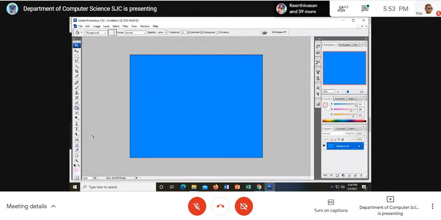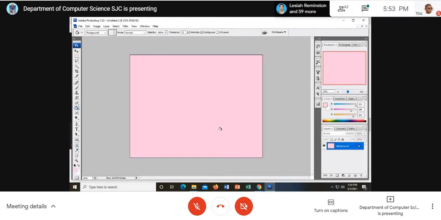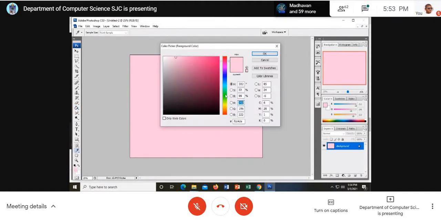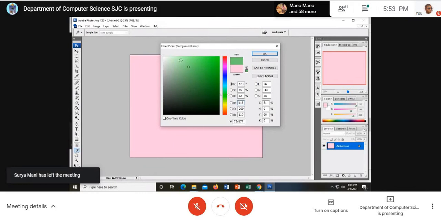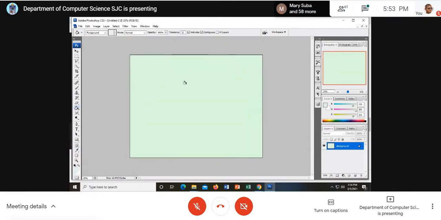Now, after selecting pink color, I want to go for some other color. See here, green color is chosen, and in green there are so many shades. You can move the knob up and down. Are you able to see the changes? Here also there is a knob to select the color. I have chosen cream color, and click here, pista color. So this is how I give a single color.